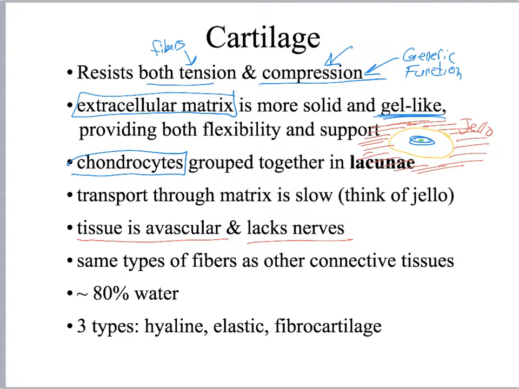So when you tear cartilage and it hurts, it's not the cartilage that hurts, it's the tissues around it that do have nerves that are hurting. And again, no blood vessels, which means cartilage takes a long time to heal without those blood vessels. Does not regenerate well. Has all the same types of fibers, lots of water, and this is really important,